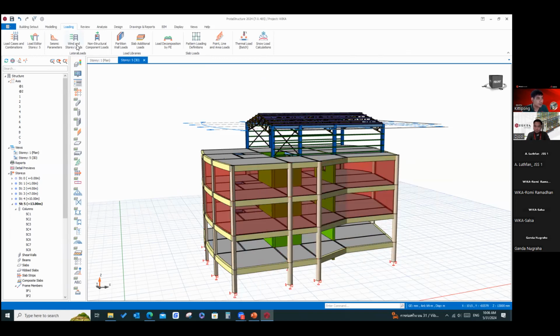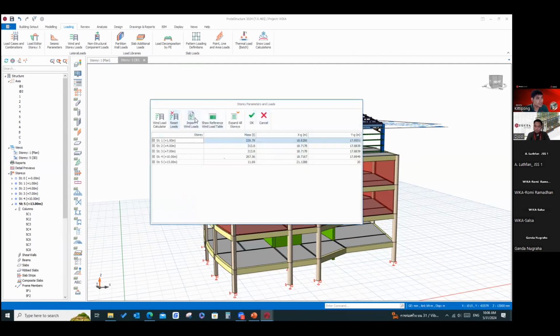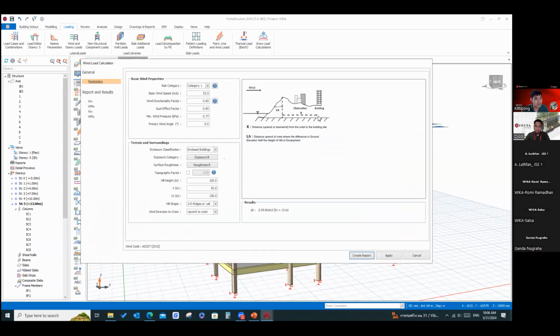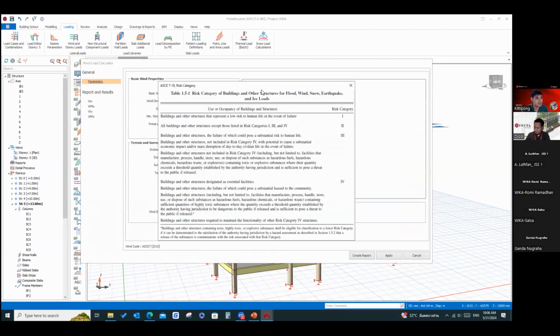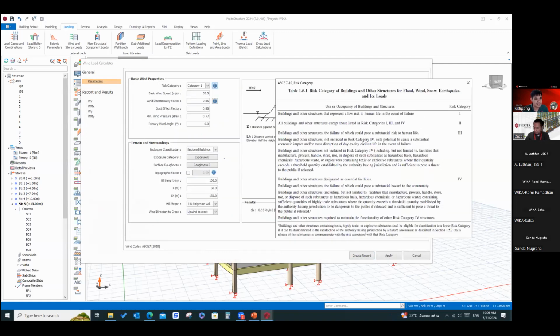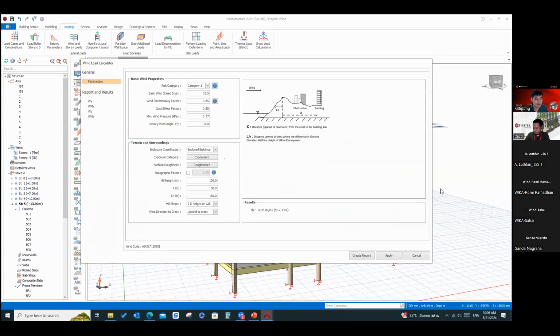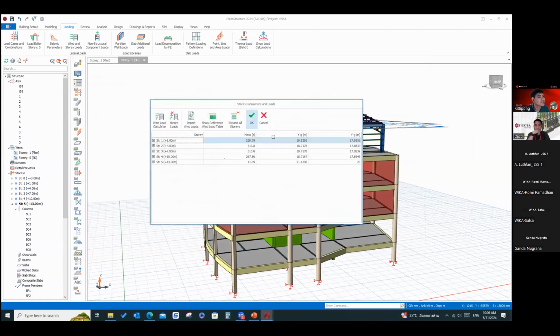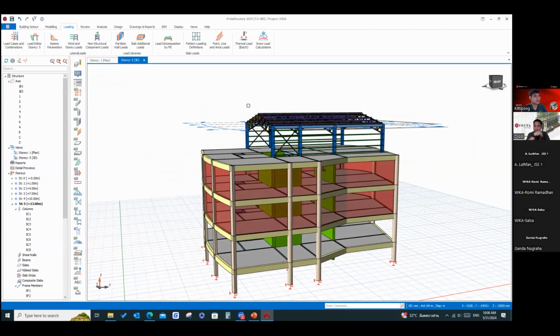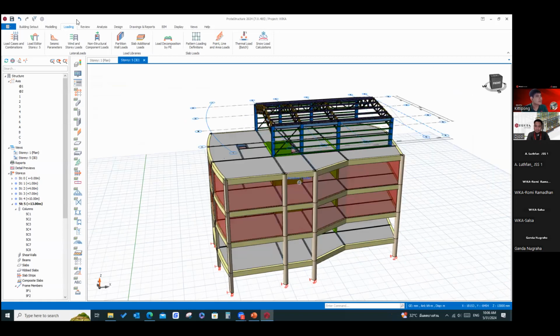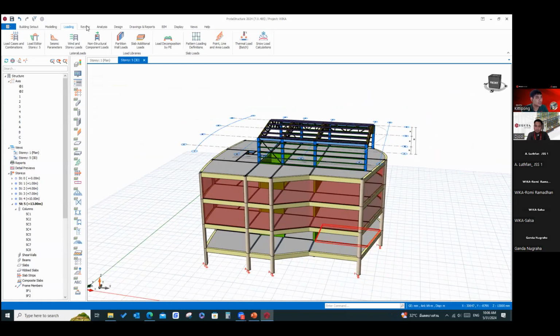Okay, and the wind load. Wind is the active load for the building. So you can check and input anything you want. I'm going to start with the default because I don't know your code. Okay, like this, and it's already done for the seismic and the wind load.